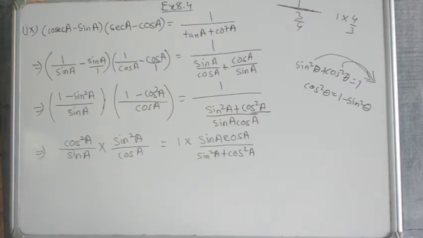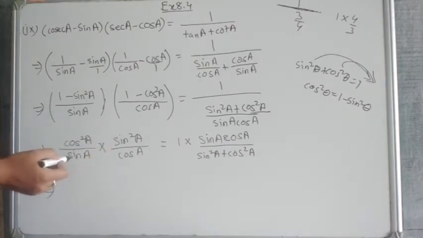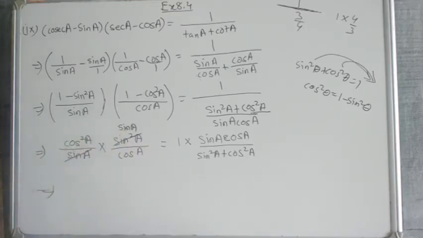Is this clear? This step also is clear. I'm going one step at a time, because all steps have very important, crucial points, so I'm going slowly. Now here, sin A and square A, there is a square and there is 1. So 1 and I can cut, sin A will cut with this square and becomes sin A. Same way, cos A will cut here and become cos A.